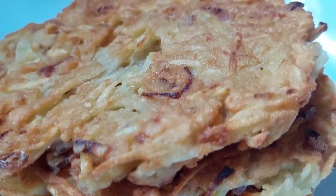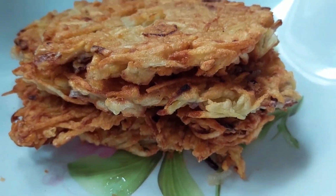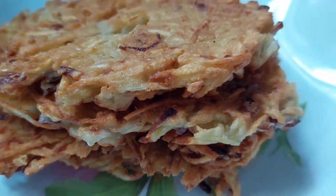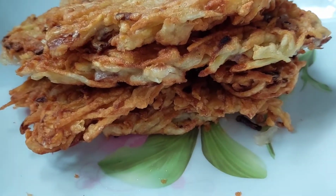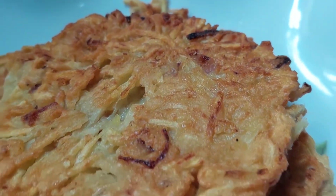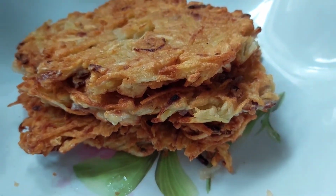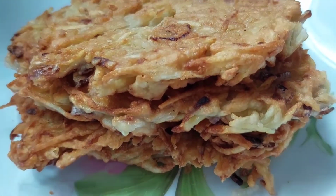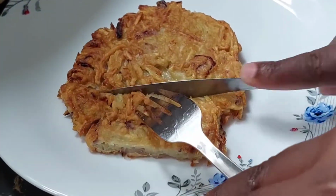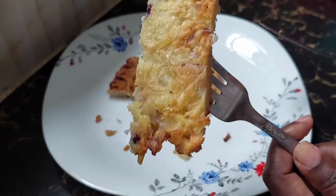And here we are, our breakfast is ready. It looks so much delicious, so much presentable, so much eatable. So guys, this is the end product. Just it,